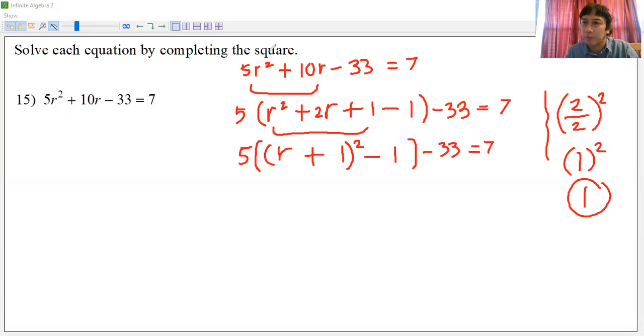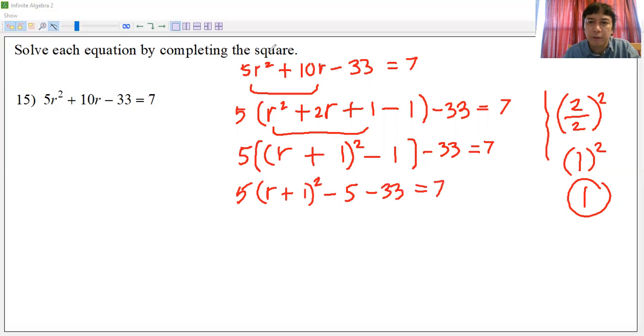All right. Let's multiply back the 5. So this will be 5 times the binomial squared there. And the 5 goes with the negative 1 also. So that becomes minus 5. Then we can remove the parentheses, the larger one, the outer parentheses. And then this continues with minus 33